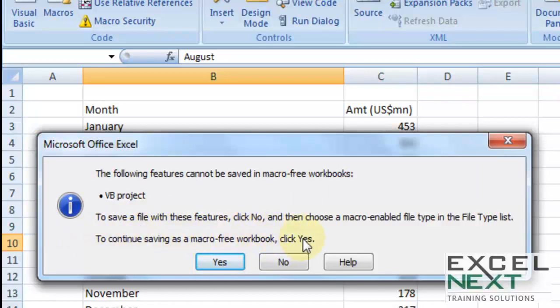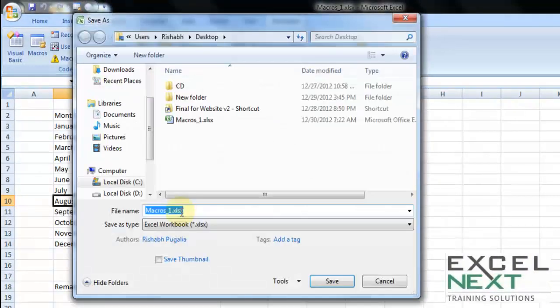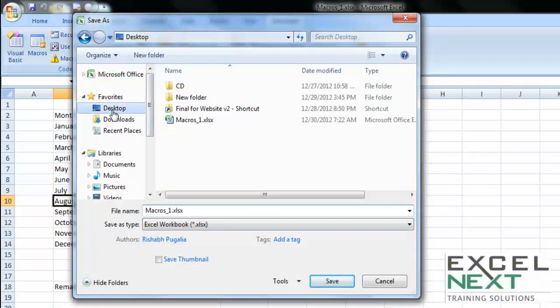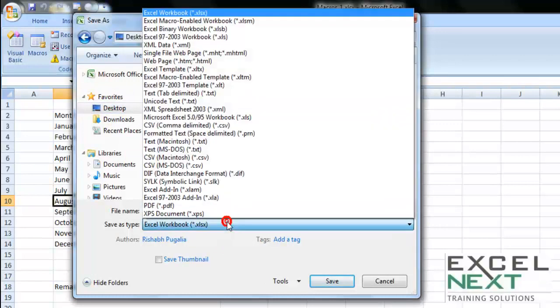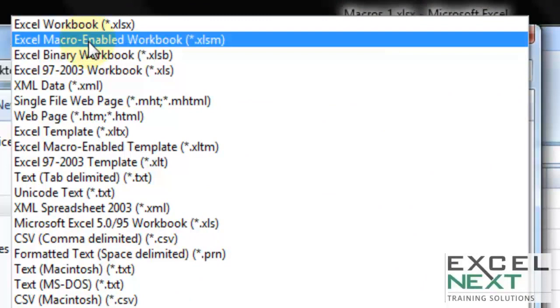So it says, do you want to continue saving as a macro free workbook? Click yes, no. I would want to save the macros, so no. And immediately I get this dialog box. So on my desktop, I choose the option which says macro enabled workbook, Excel macro enabled workbook, and along with it I also get the extension.